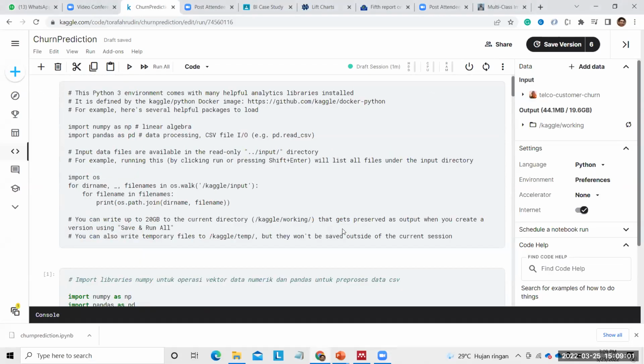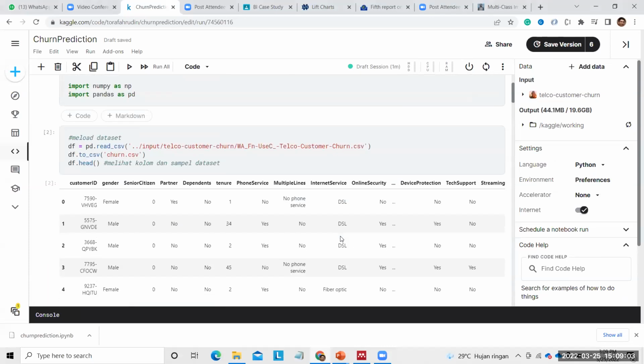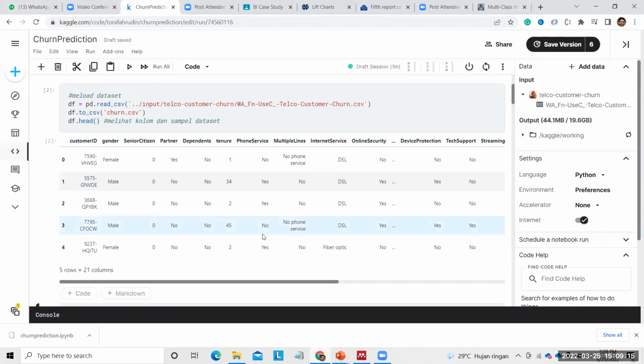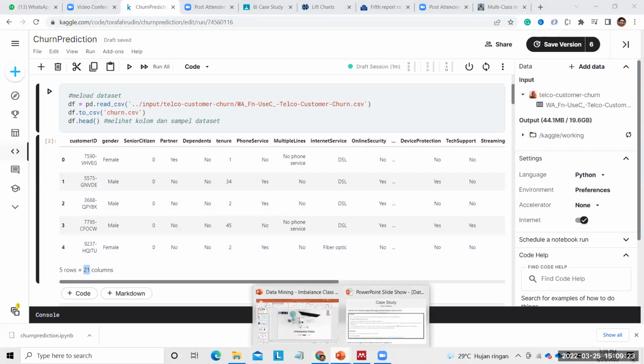In this case we want to explore churn prediction using telco customer churn prediction. There are 21 attributes.